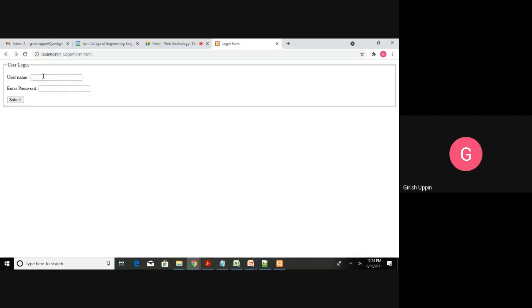Okay, let us say I want to do the authentication of the user. Whichever user is logging in, you will check whether he is a valid user, and only then will you open your application. Otherwise you will say you are an invalid user, please register if you are not registered. I have done a simple implementation of that here.